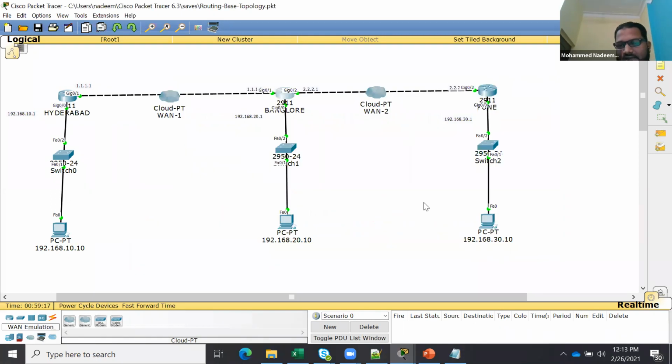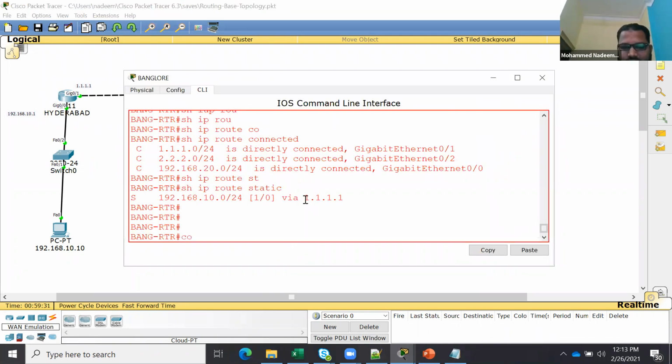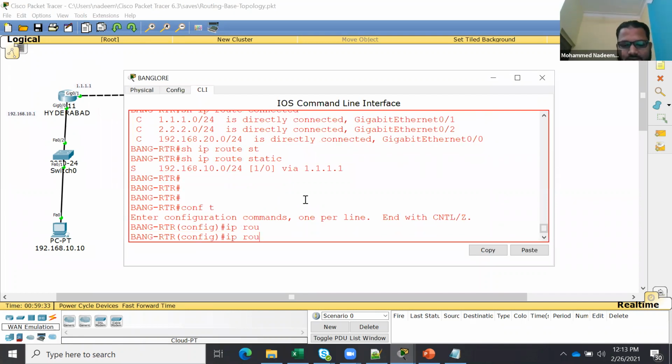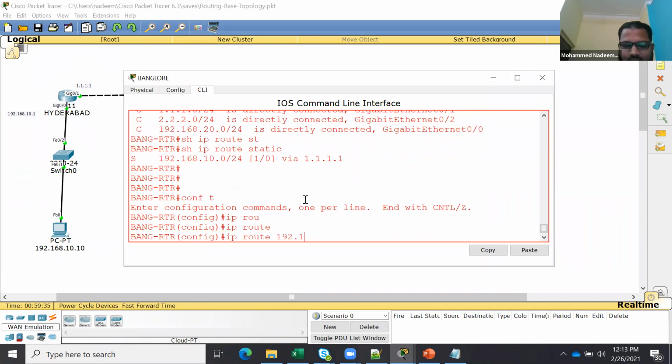So in Bangalore, I can define the 30 network. But what will the next hop be? The next hop is this one, because the direction changes, the next hop will change. If the direction does not change, the next hop will not change. So in the Bangalore router, config terminal, IP route 192.168.30.0 255.255.255.0.